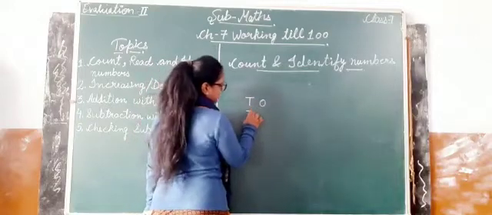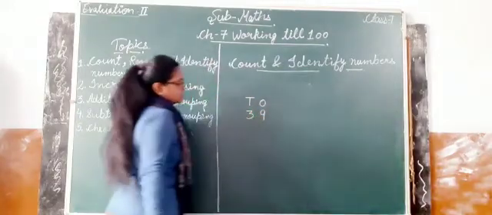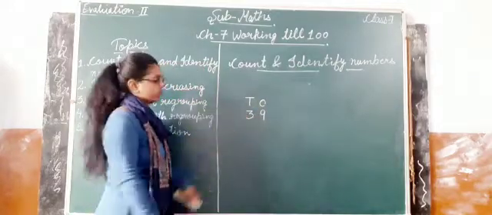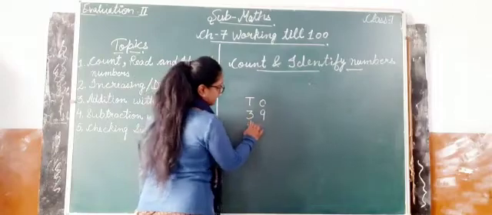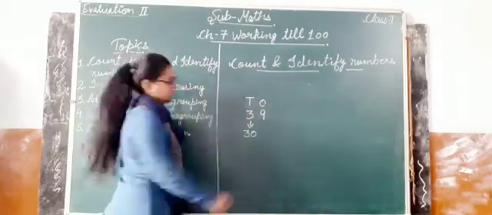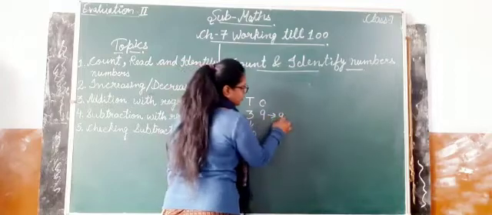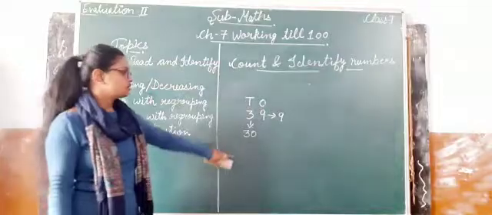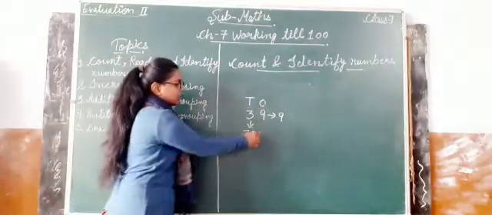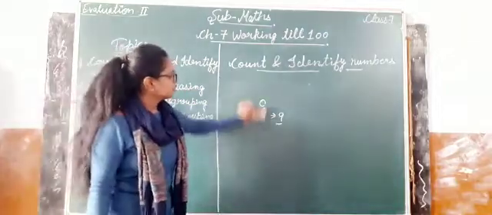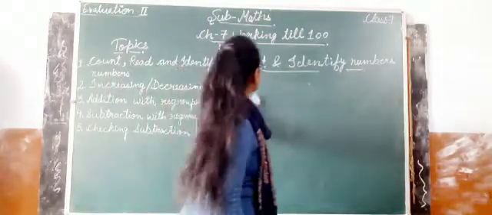Let me try with another number. Let me take 39. So now 9 is at ones place and 3 is at tens place. What is the place value of 3? It is 30. And what is the place value of 9? It is 9. I think you have learned the concept of tens and ones in your previous chapter. So now what is the number? It is 39. Now that we know how to count and recognize our numbers,